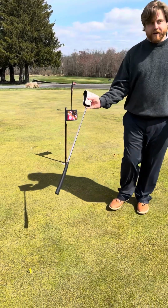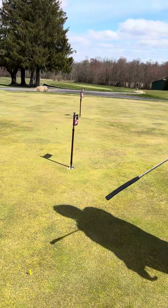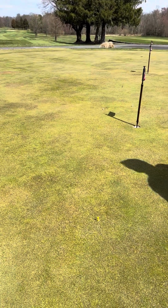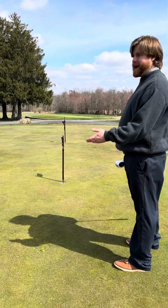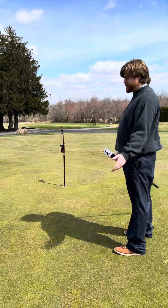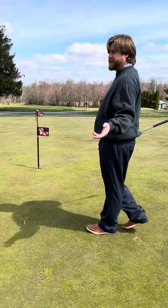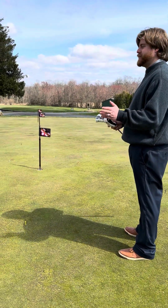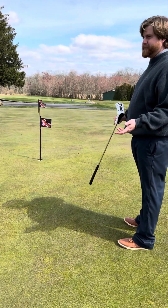The next set of tees I have is 8 feet. From there, the tour average is 1.5, which is what strokes gained is based off. So they make it half the time, miss it half the time. Anything outside that is generally expected to be a 2, but obviously they'll make it every so often. And there are different percentages based on the feet. They're going to make more putts from 4 feet than from 8 feet, but